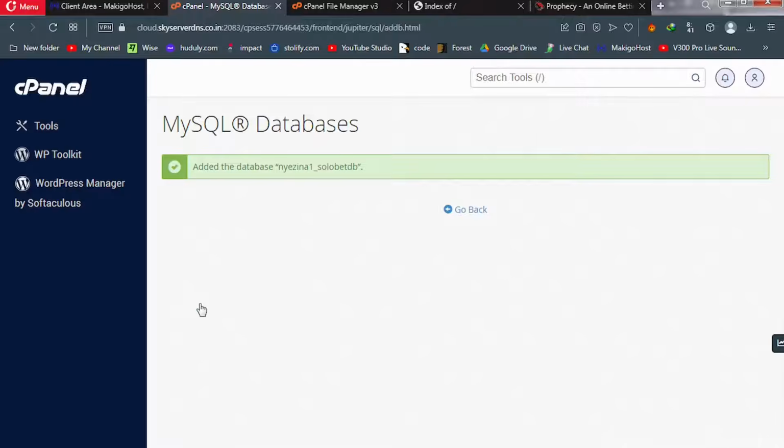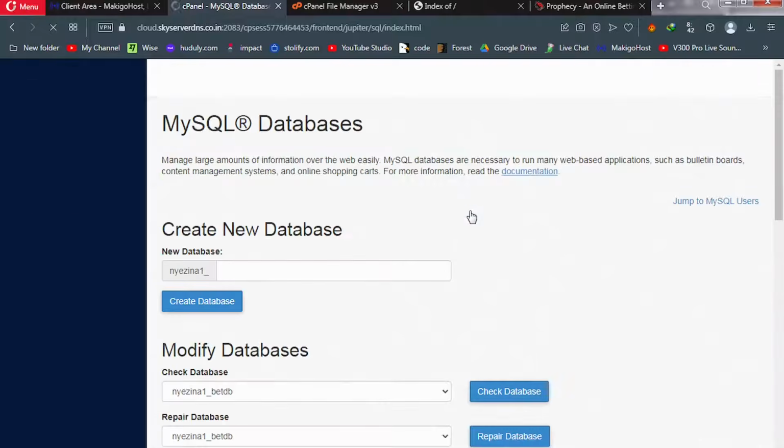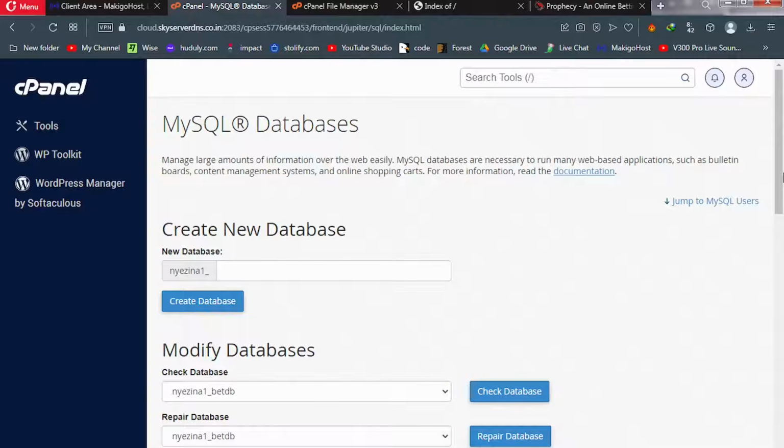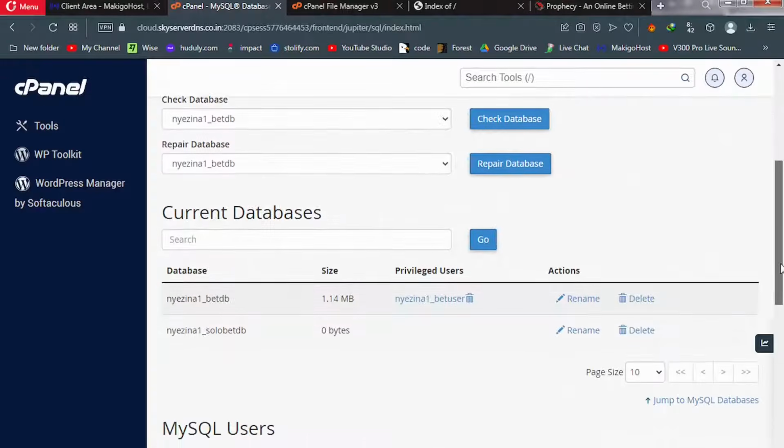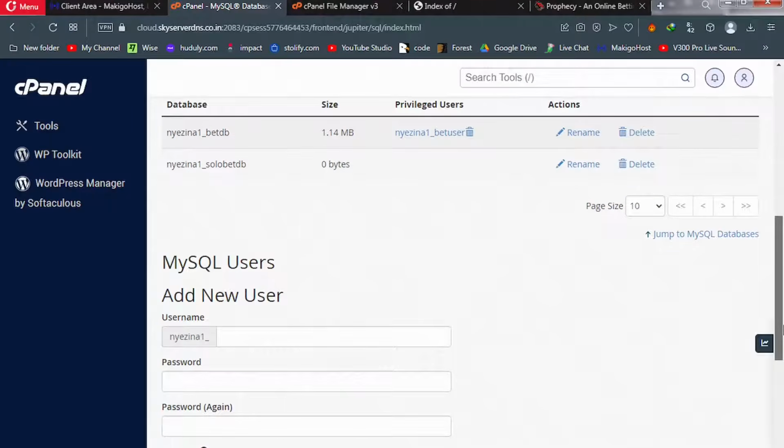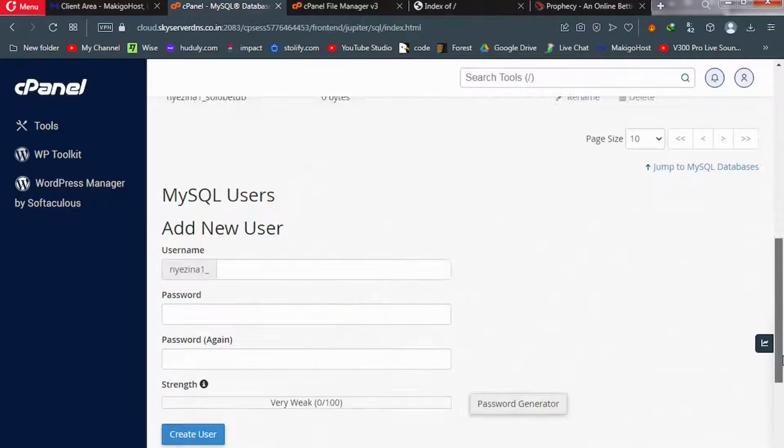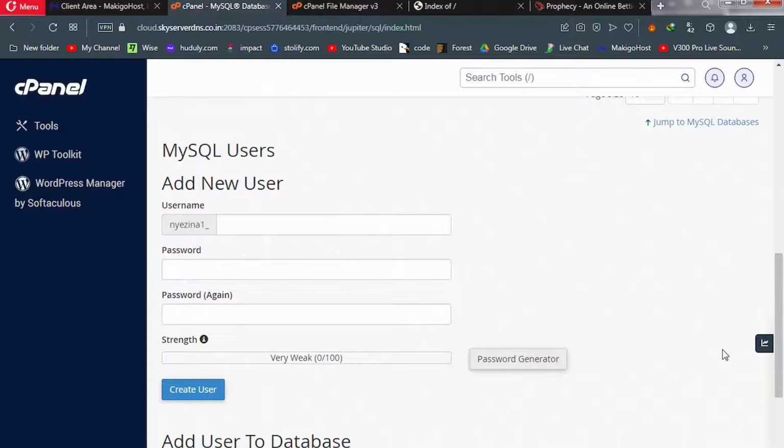Good, our database is created. Click on go back. Scroll down, and the next thing we'll be doing here is to create a user. We can't have a database without user. So enter your database username. The same trick, just enter your site name. So for example, SoloBet, and then user